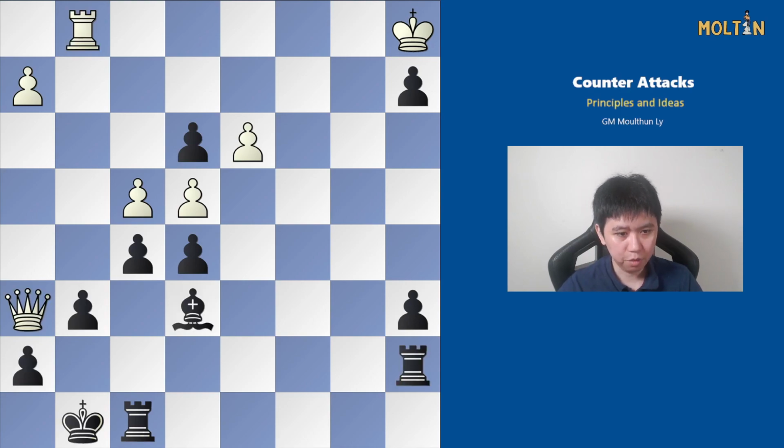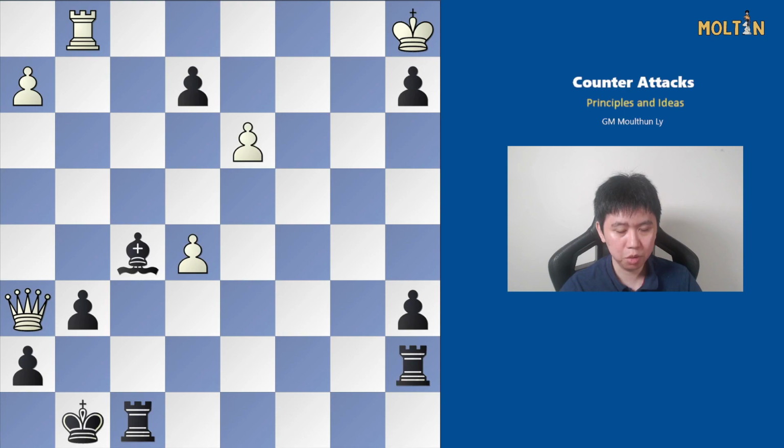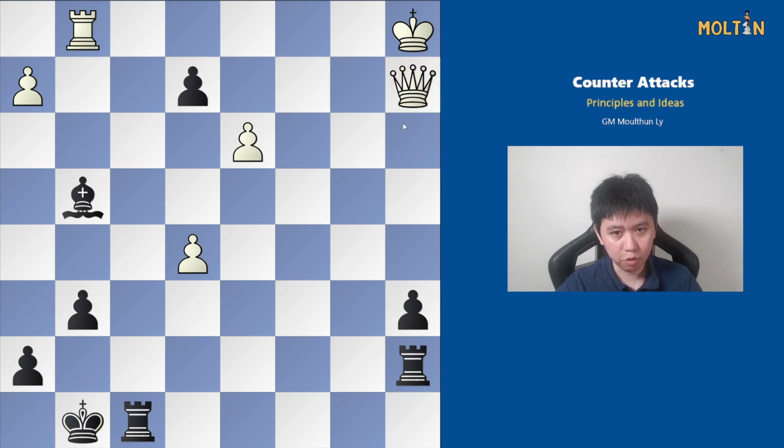So therefore after the move rook to a7, we have the move pawn takes f5, bishop takes f5, pawn takes e5, and then pawn to e2. Queen to d2 was played. Now black found another very accurate move to defend the pawn, played the move bishop to g4, sacrificing this pawn with check. So if we take this pawn with check, then the king goes to g7,